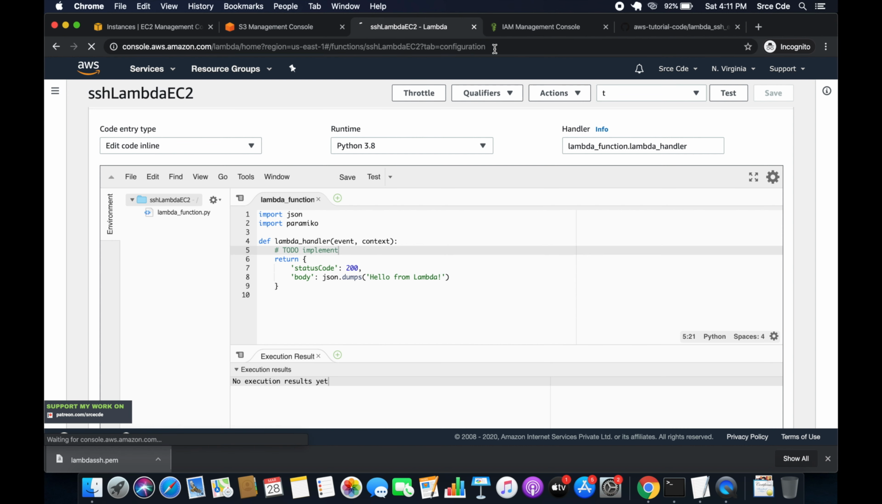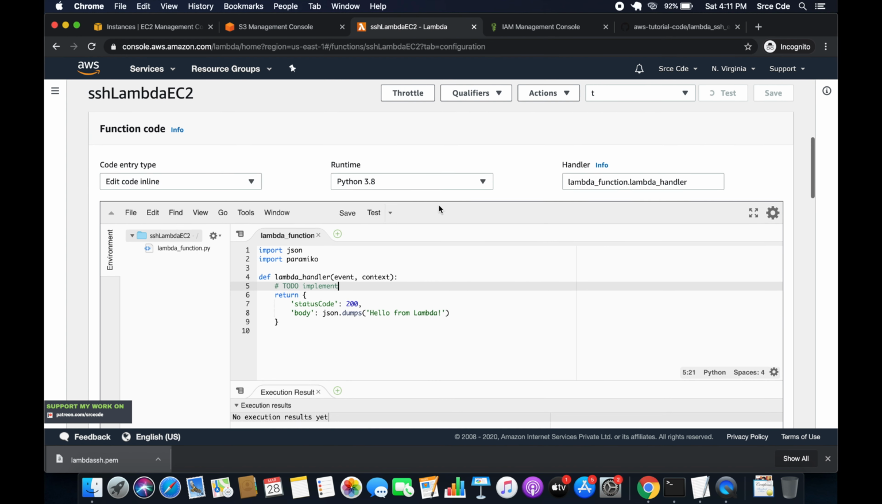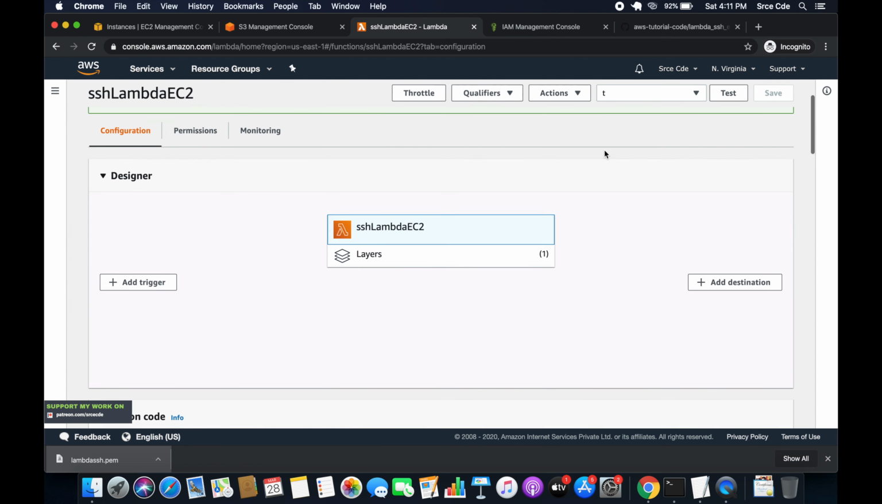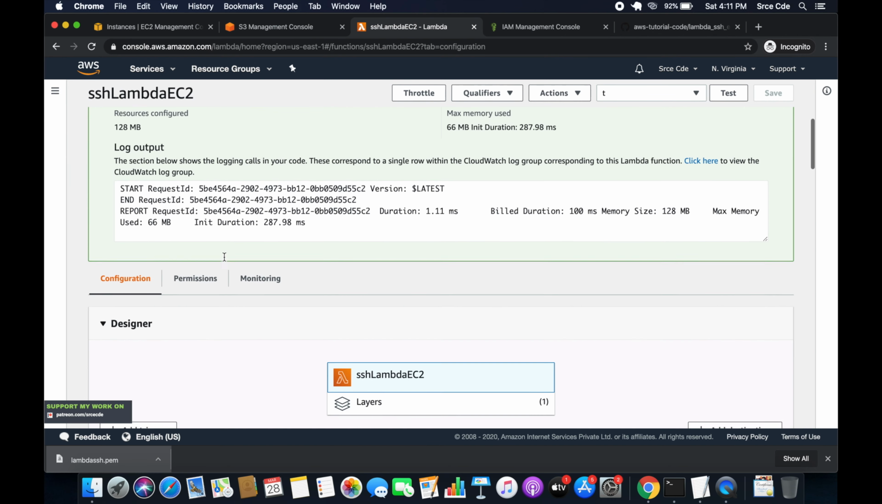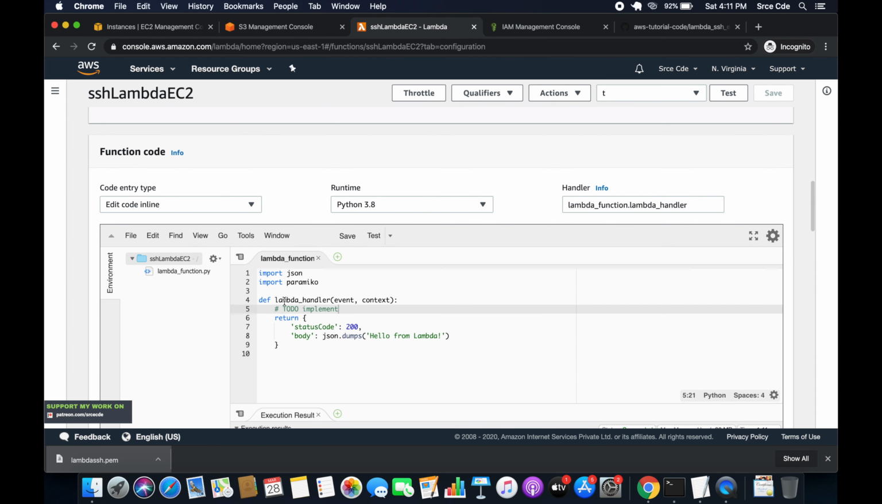And let me reload this again. I am just making sure that Lambda function is saved successfully. Yeah, it's saved. So now click on test. And as you can see, it succeeded, right? So there is no error and our Lambda layers is working fine since we are successfully able to import that